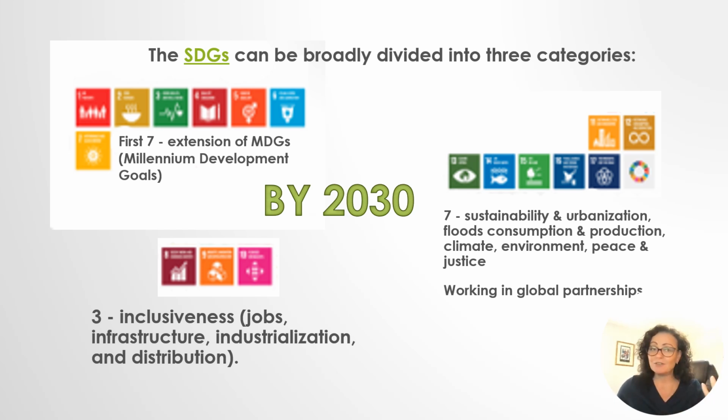The next 7 are all about how we can pull things together and work most effectively together. Those goals focus on things like sustainability, decent work, economic growth, how we can get industry to innovate in ways that lessen the impact on the environment, how we can reduce inequality in access to services, to transport, to heating, lighting, whatever we need, and how we can develop more sustainable cities and communities across the environment,